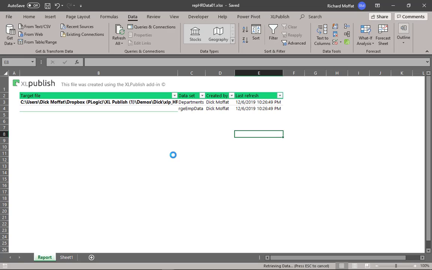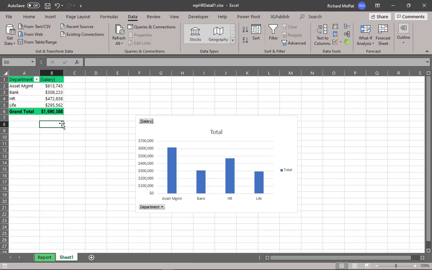Now, what's interesting is to notice this, that once this is refreshed, it's going to have the same last refreshed date and time. And the reason for that is because I haven't updated the data. The data still was the data that I published at 10:26 this evening. But let's do something. Let's go back to the sheet and look at this number. It says